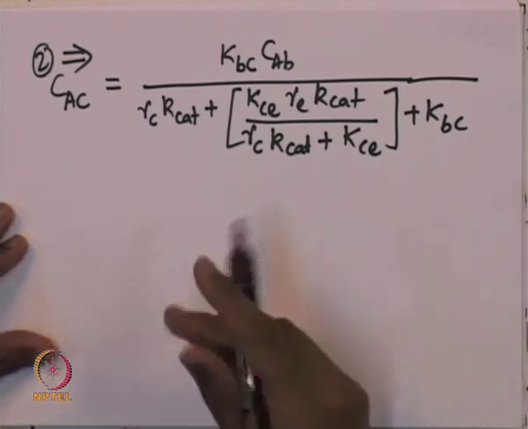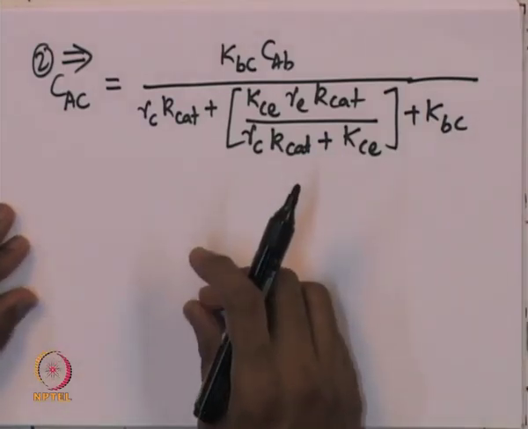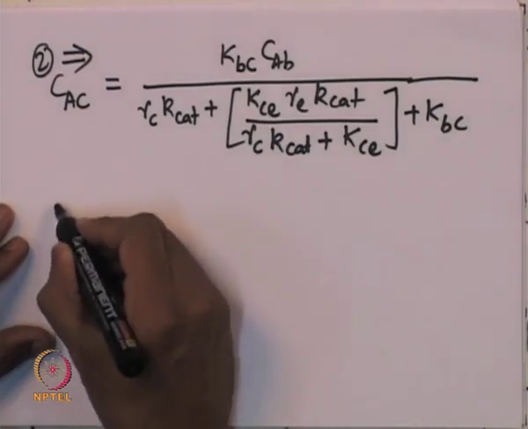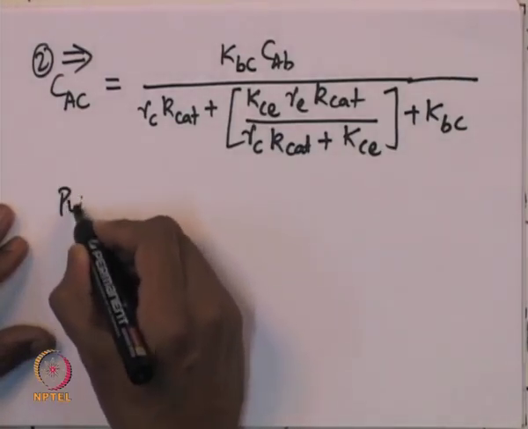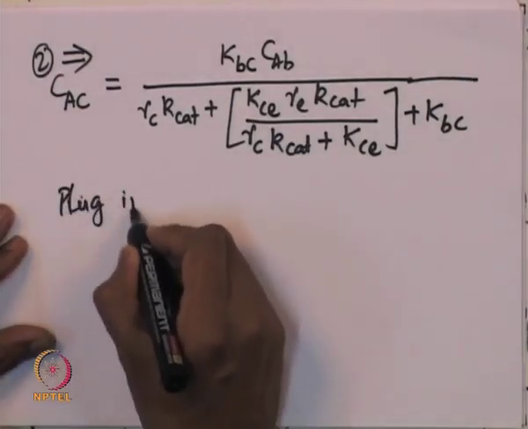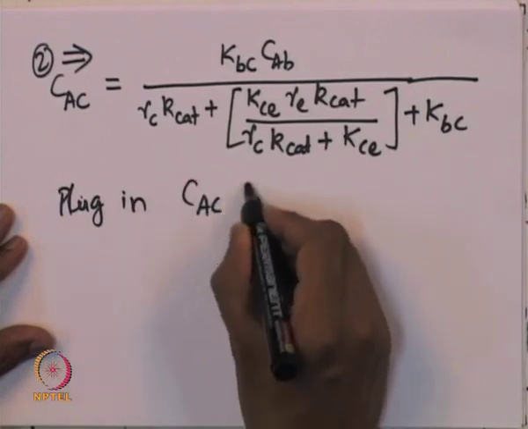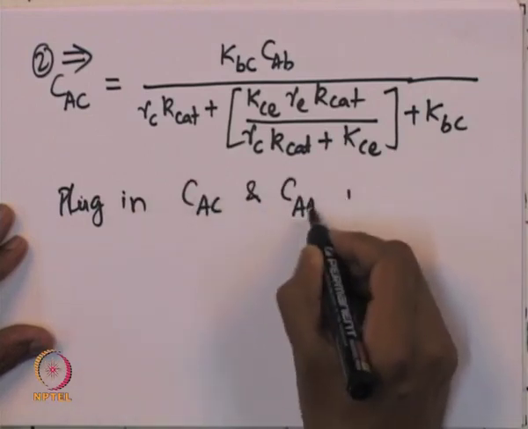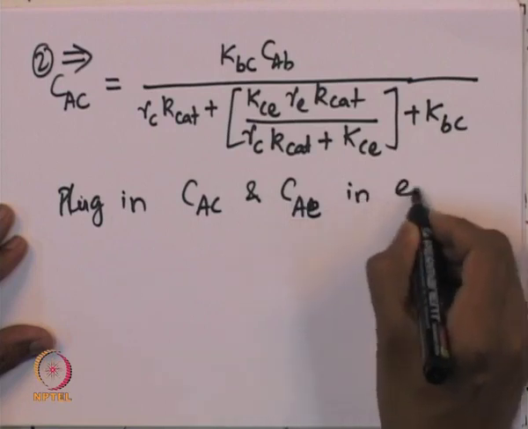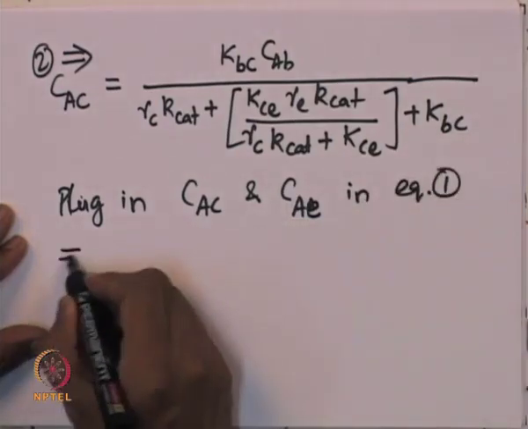Now, plugging all these expressions into equation 1, that is, plugging in the expressions for CAC and CAE in equation 1, we will get